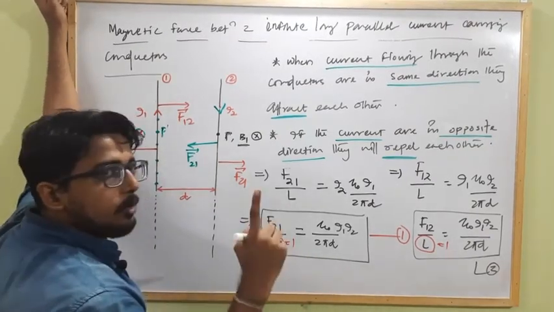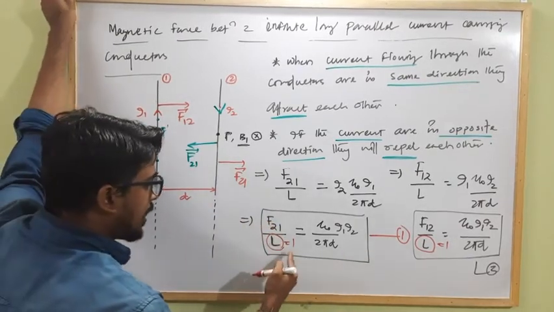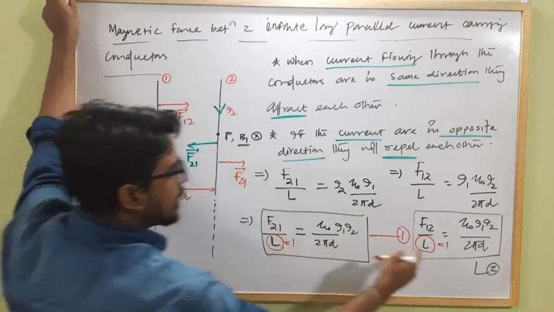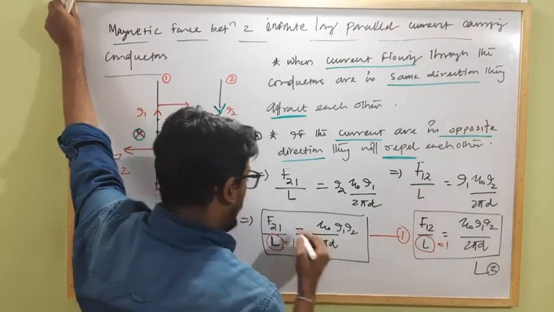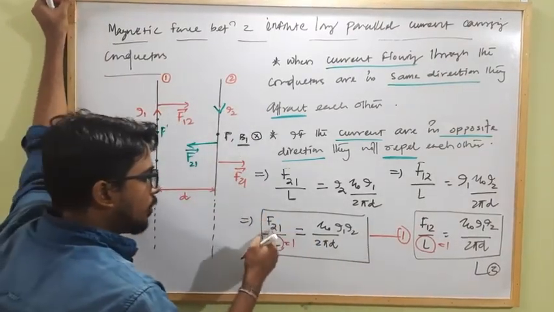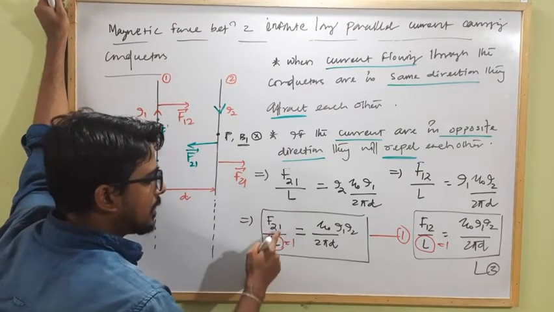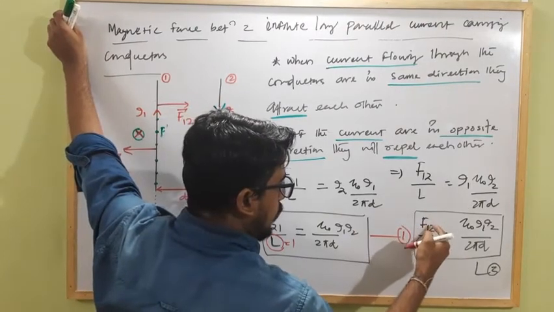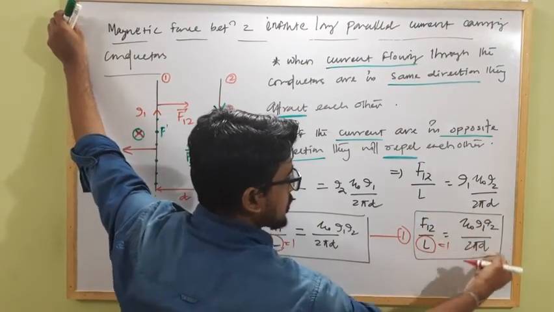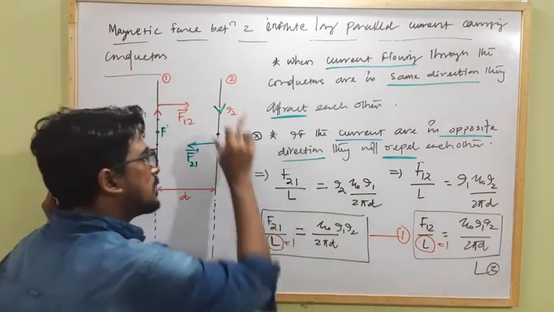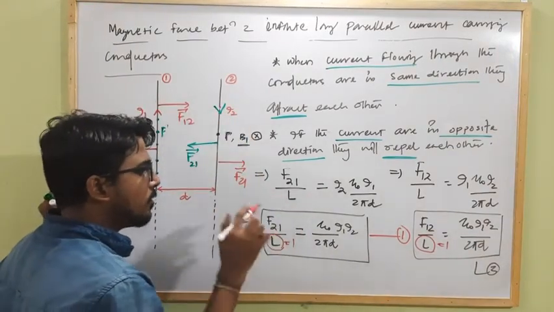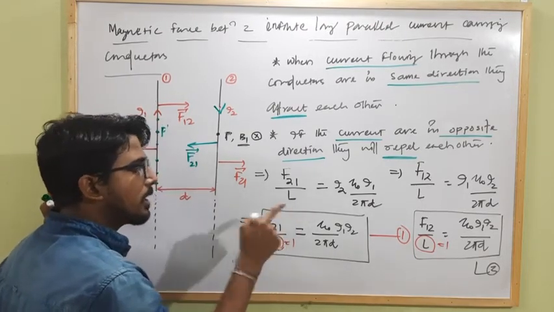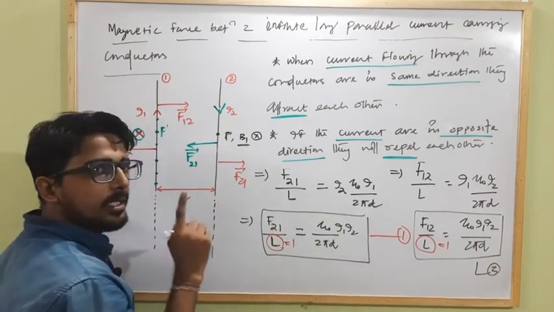So in place of length we can put 1, so in place of L we can directly write force per length, that is force per unit length, or in place of L you can write 1, and here we can write 1. So the force acting on current carrying conductor 1 per unit length is this much, and here the force acting on current carrying conductor 1 due to 2 per length is this much. Okay, as these are infinitely long straight conductors, in place of L we have to write 1 because we have to find the magnetic force acting on the current carrying conductor per unit length.